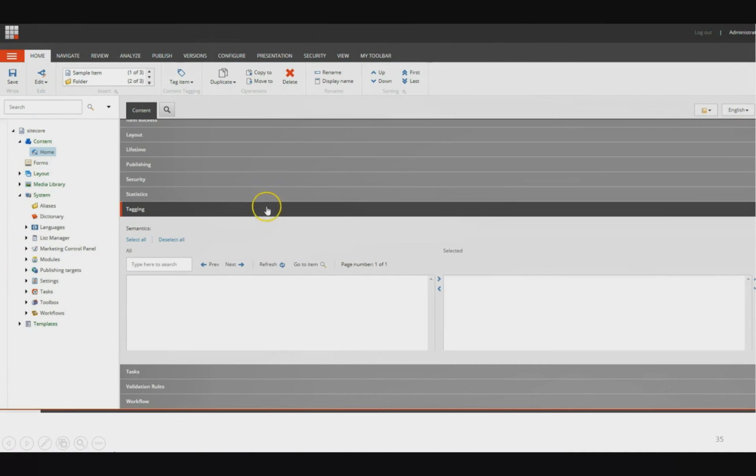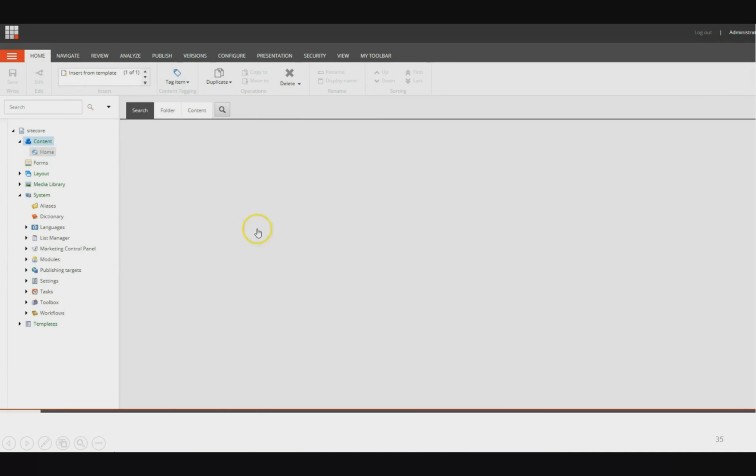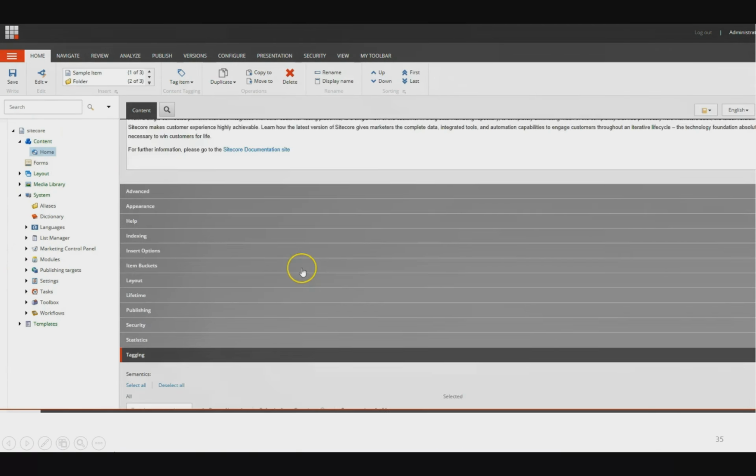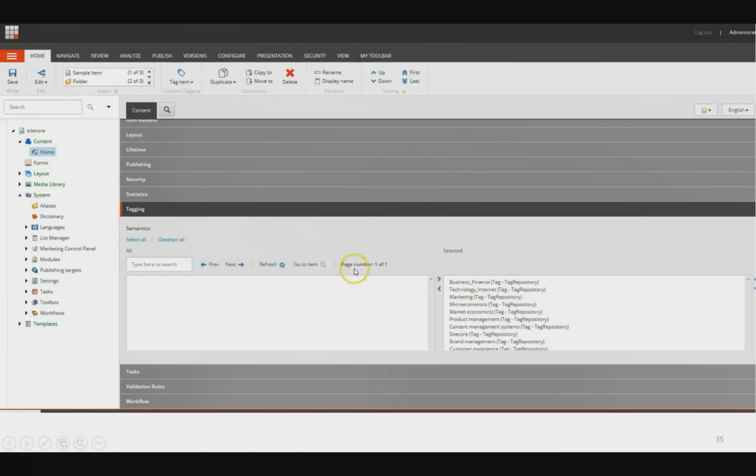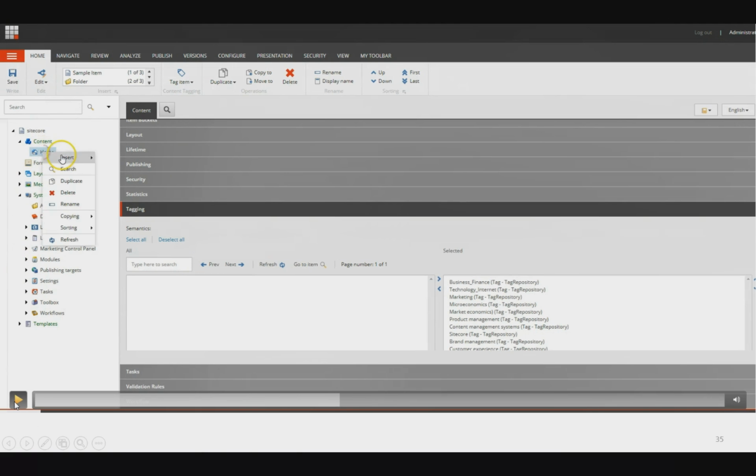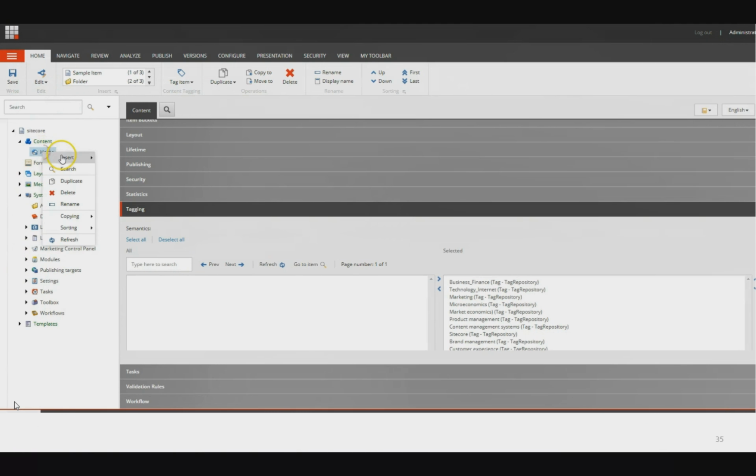If I scroll down, I will see a list of tags that have come up from the Open Calais service. To refresh the page, I'm going to click on some other content item and then click back, and what you see here is all the tags that have been translated. What happened is, by clicking this new tag item button, it was able to connect to the API service, bring in the tags, and then tag the page.